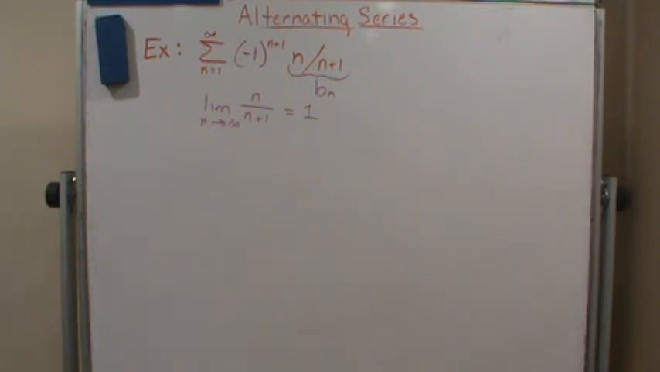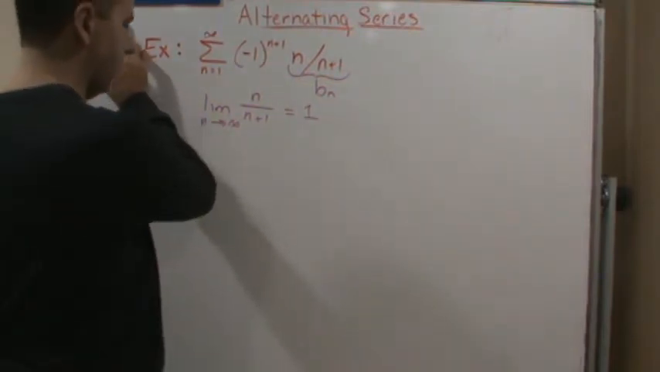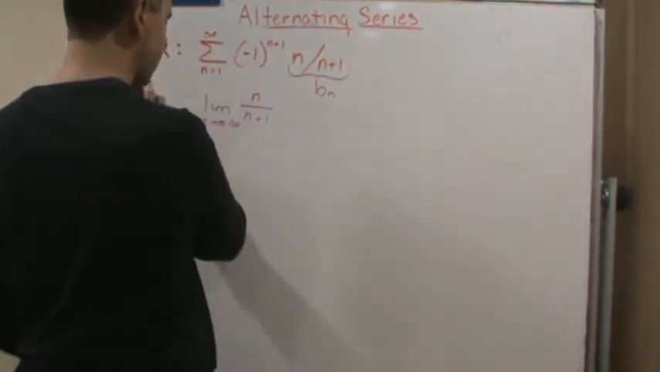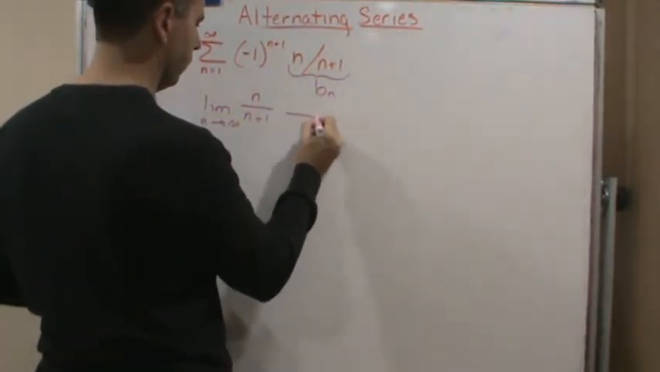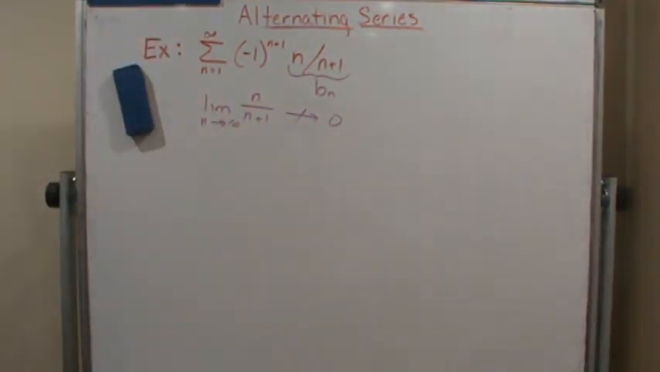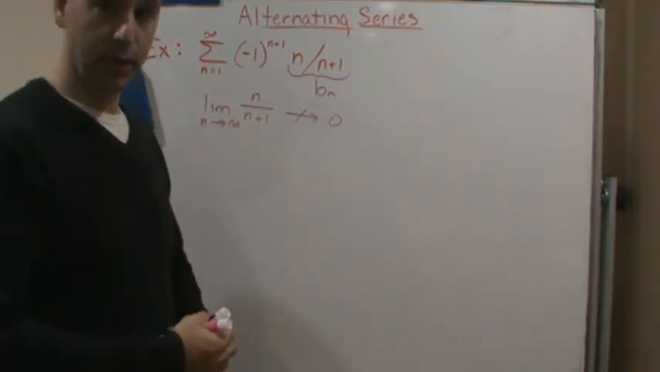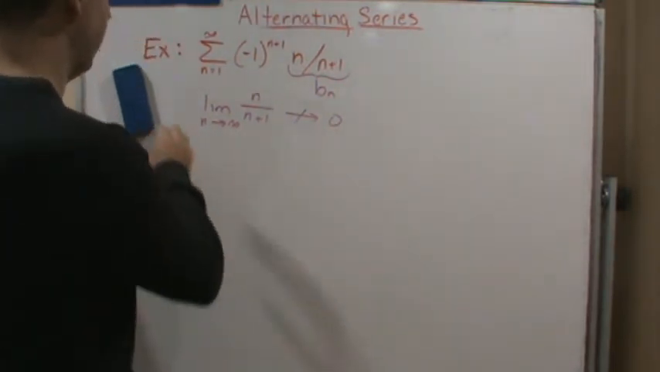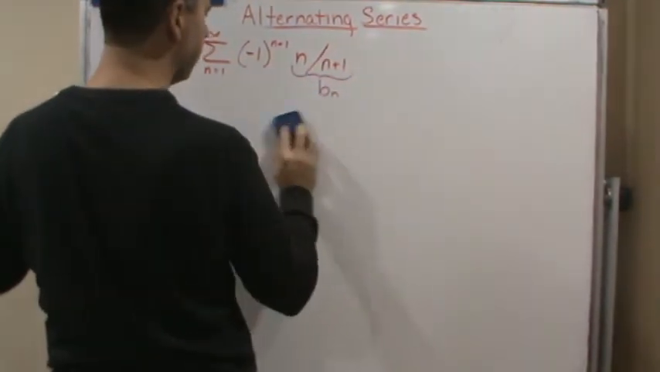So it's not heading towards 0, right? So this does not head towards 0. So in this case here, we cannot apply the alternating series test. Okay? But we can apply the nth term test for divergence. Okay, so if we look at the nth term,